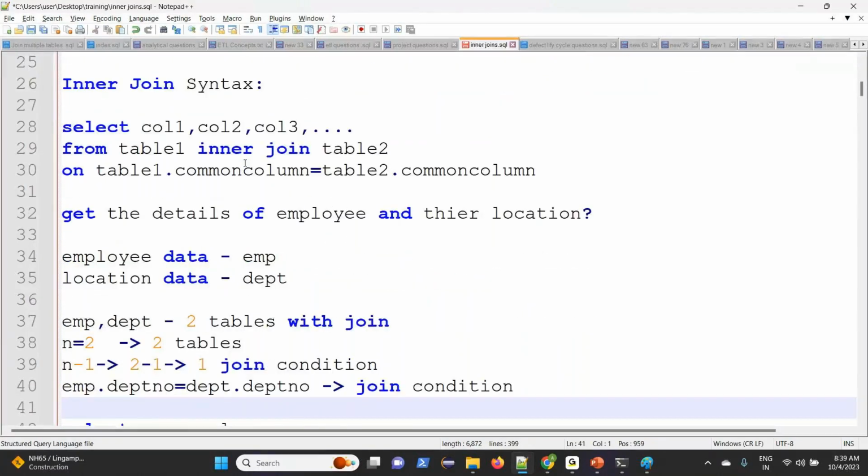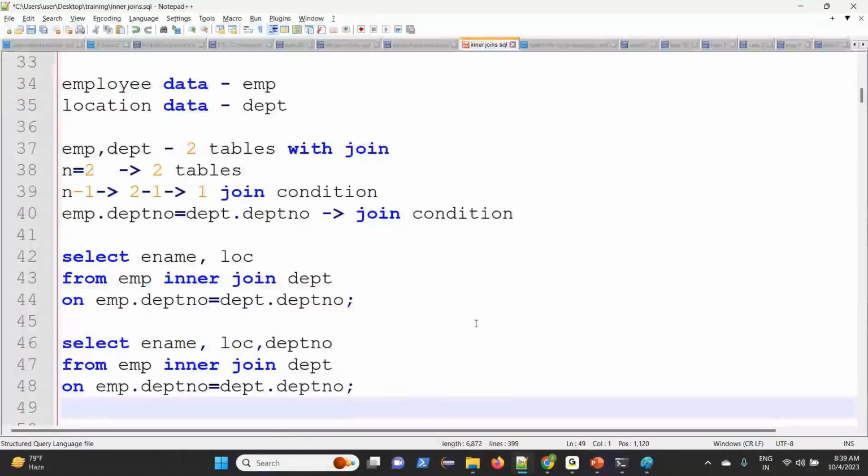Get the employee details with their location, using employee data and location data, employee and department, two tables. So one important thing, guys, whenever we are using n number of tables, then n minus 1 joining conditions we are going to use.